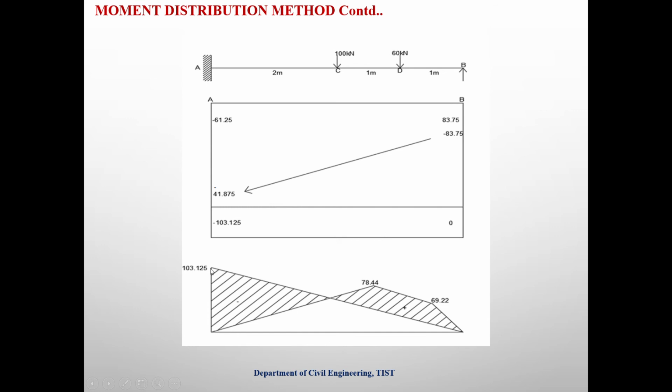So draw the fixed bending moment diagram by considering all the negative moments as the anti-clockwise moments and all the positive moments as clockwise moments. Then consider the free bending moment diagram. Then combine these two diagrams in order to get the net bending moment diagram.